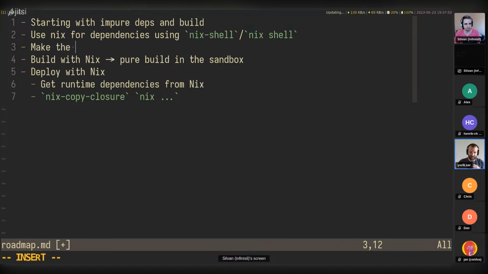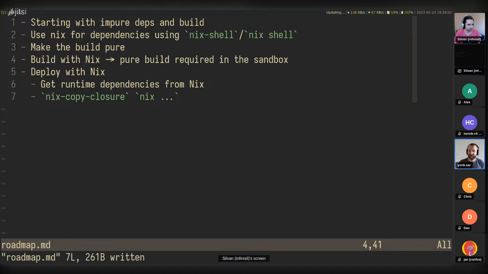And it's very similar to what you said about deployment. You also need your build time dependencies packaged in Nix first before you can actually build everything with Nix. But the benefit of Nix shell is that you can purify your dependencies one by one, add them to your Nix shell, and use them in your usual build process first, and then switch your whole build process into Nix.